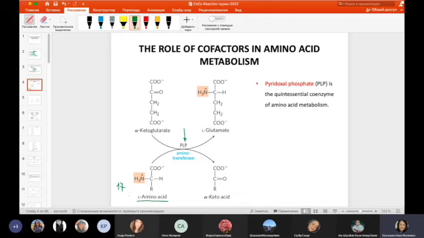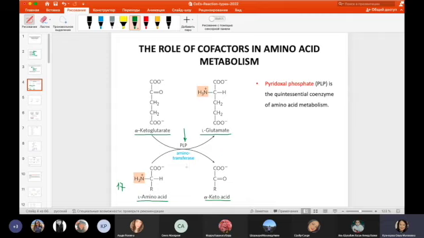Again, one substrate is amino acid with amino group in the structure. Second substrate is keto acid. Here you can see alpha ketoglutarate. For the most reactions, it will be alpha ketoglutarate. At the right, you can see two products. First one is new keto acid, and new amino acid, which is glutamate. We can say it is transfer of amino group to keto acid forming new amino acid, but really it is